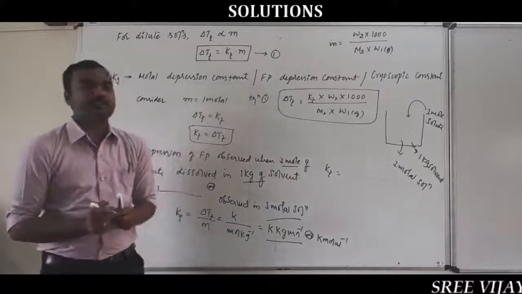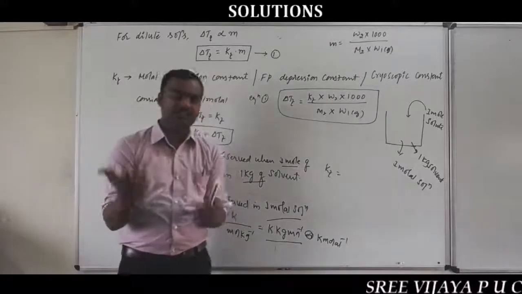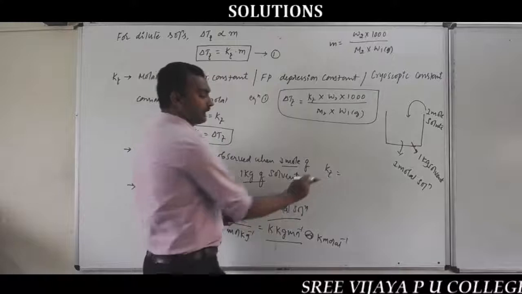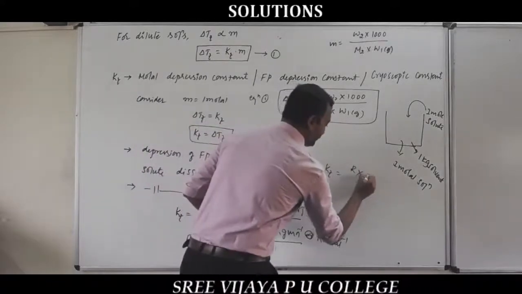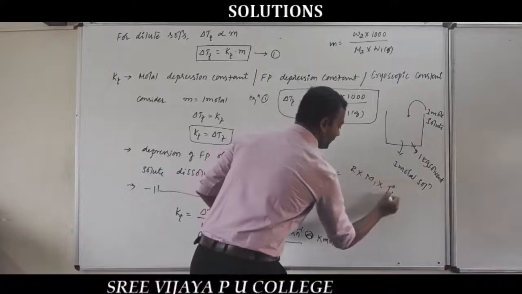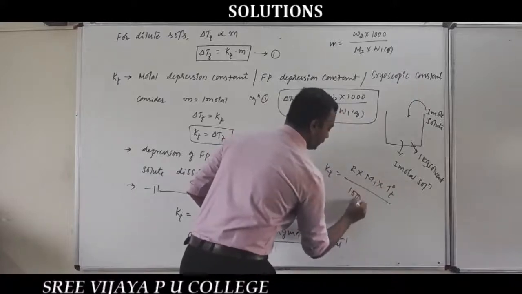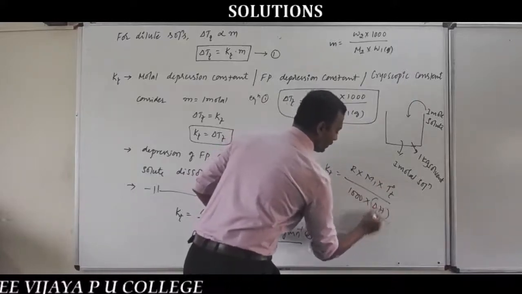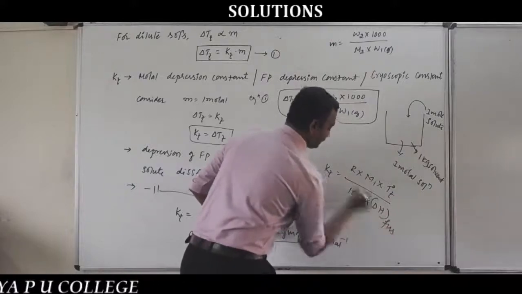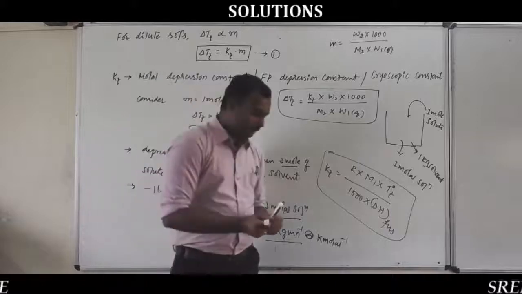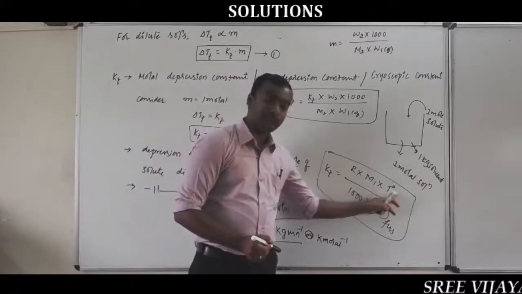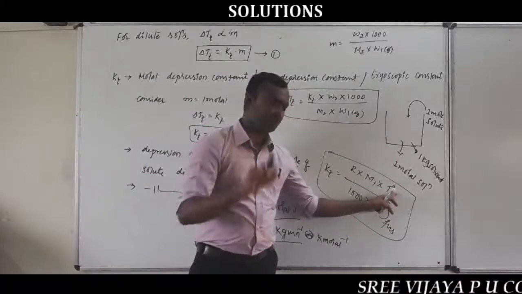So that is a function of the nature of solvent. Solvent changes, Kf value changes. Therefore, the Kf value can be calculated by using the formula R into M1 into T naught F squared, divided by 1000 into delta H of fusion. Then Kb is equal to R into M1 into T naught B squared, where T naught B is the boiling point of pure solvent,